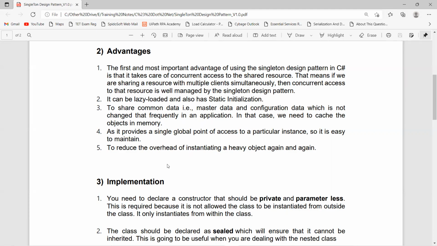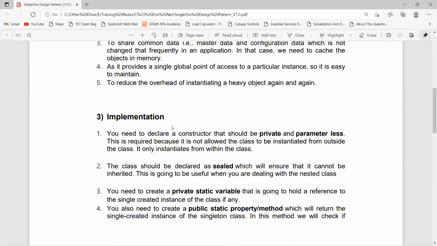The fifth point is that it is used to reduce the overhead of instantiating a heavy object again and again. So it will reduce the overheads as well, because it will create only a single instance in memory, and it will restrict creating multiple objects of the same class in memory. So it will reduce the overheads. Okay, so let's